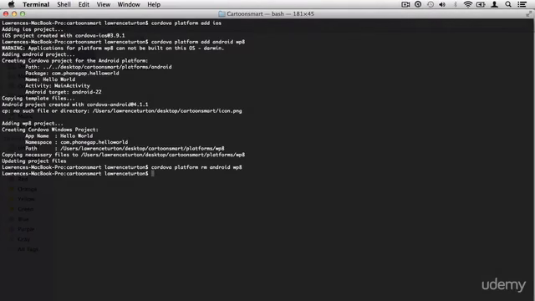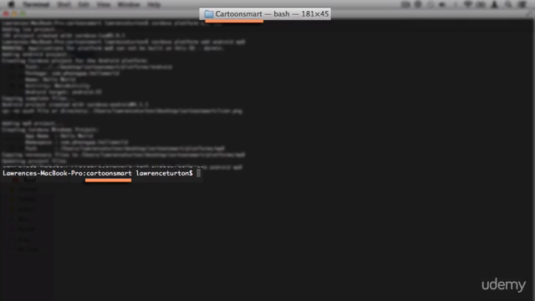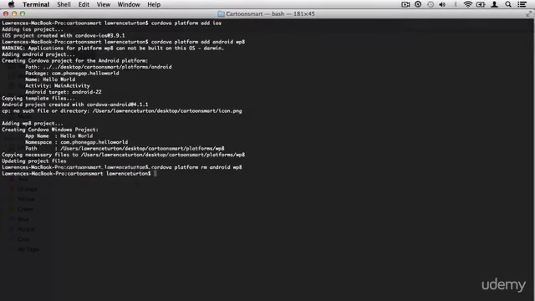So now we're ready to test our app on the iOS simulator. So again, my terminal is targeting my app's root directory. It is always important, and if you ever get an error saying such and such directory is not a PhoneGap or Cordova project, then you know your terminal isn't focused on the right directory. So again, it's very important that we target the app's root directory, and then I can type in cordova run